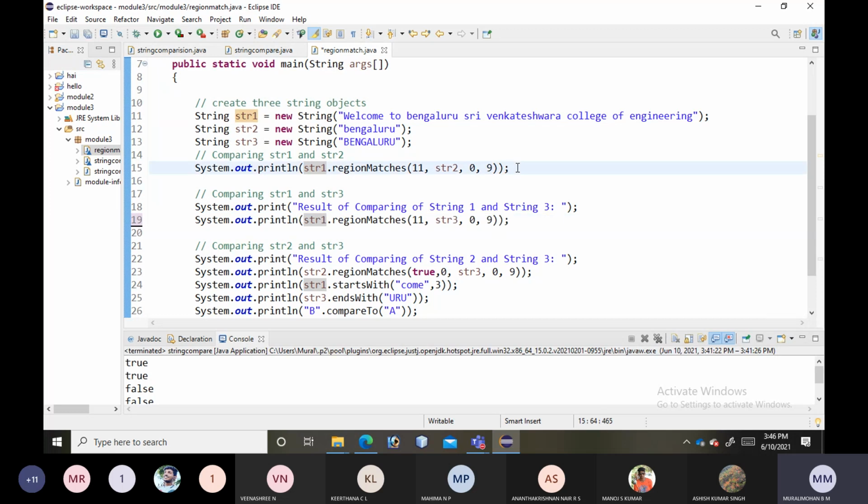Kindly respond, please. Is it matching 9 characters from str2 at 0? Means, is this Bengaluru matching with string 1 at the 11th position? So this is the 11th position. From here, it should match 9 characters. Is it matching? Yes, sir. So what is the expected result here?